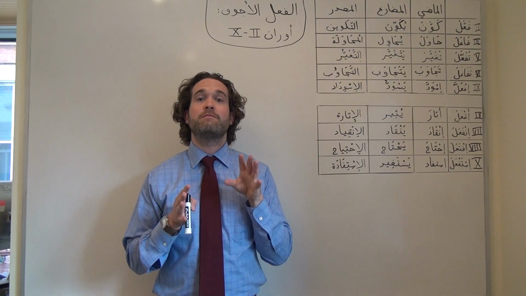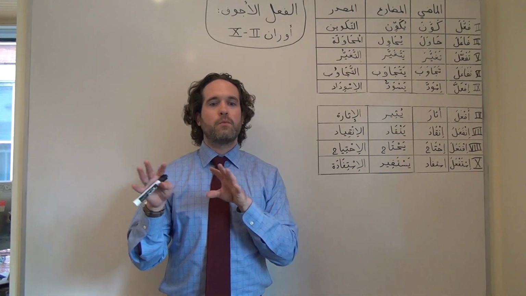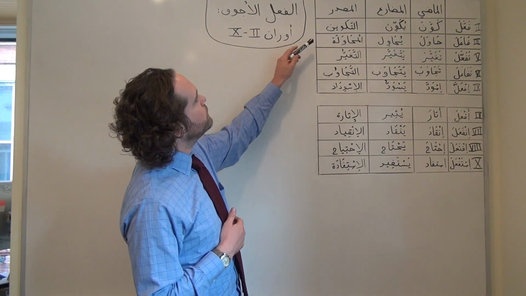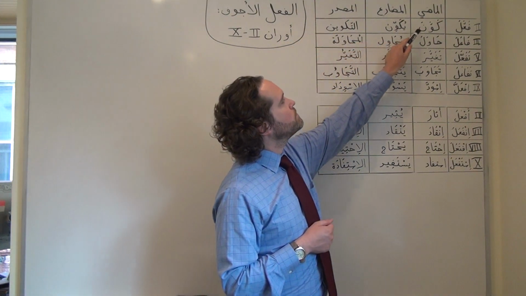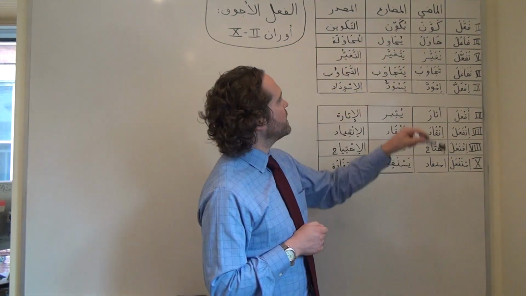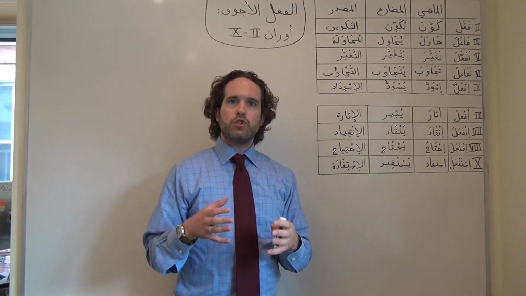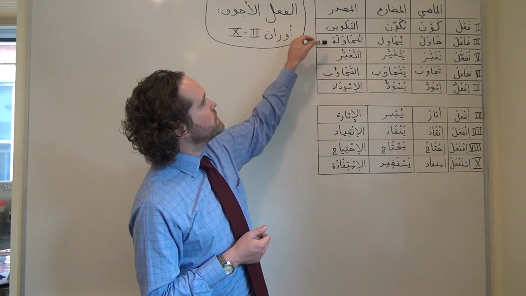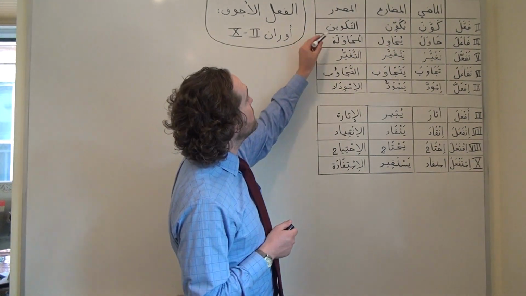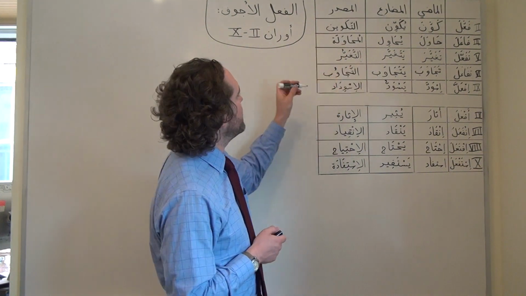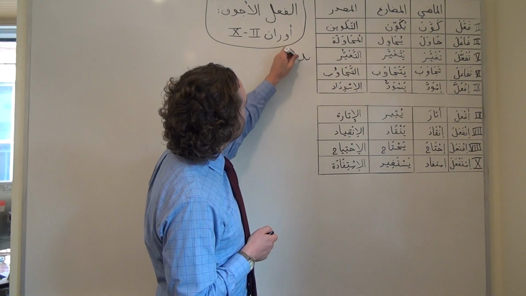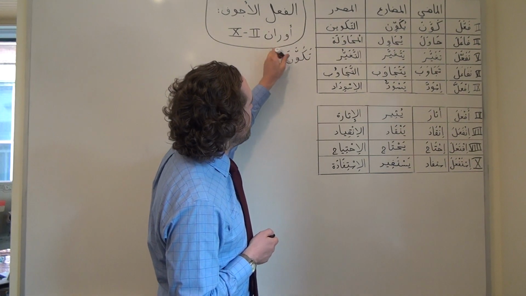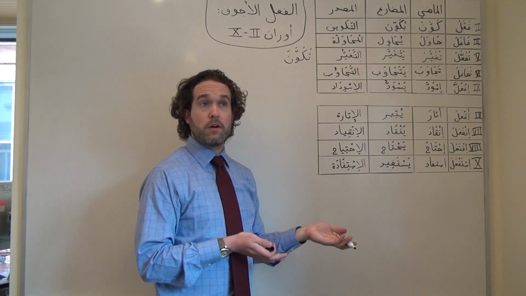That's the great thing about derived verb patterns. Once we get the hang of them, they tend to be very, very consistent from one example to the next. I'd like to point out that, for example, kawwana, this verb meaning to put together, and taghayyara, this verb meaning to change internally, they both have alternate versions in these different forms. So if we wanted to take the judr kaf waw noon and put it into form 5, it would work exactly the same. Takawwana. We would keep our waw, because the waw is the real letter of the judr.